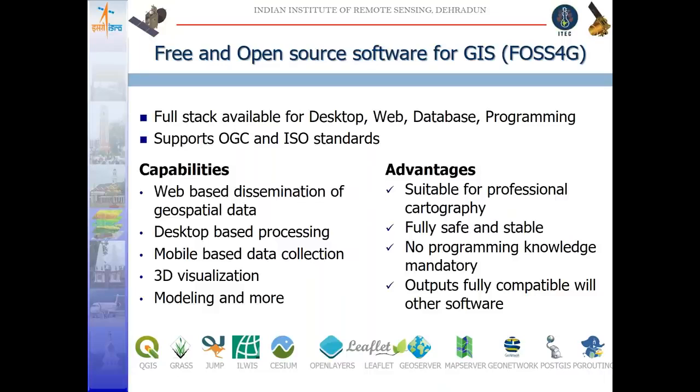QGIS is one of the famous software, and it is not only QGIS. You have other software also which provides you the GIS functionality. So you are not limited to the COTS option. You can opt for open source, and open source software is not only available in GIS. You have open source software available in databases, mobile applications, 3D visualizations, modeling. Everywhere you have so much software available under FOSS4G, meaning free and open source, and it can help you to really